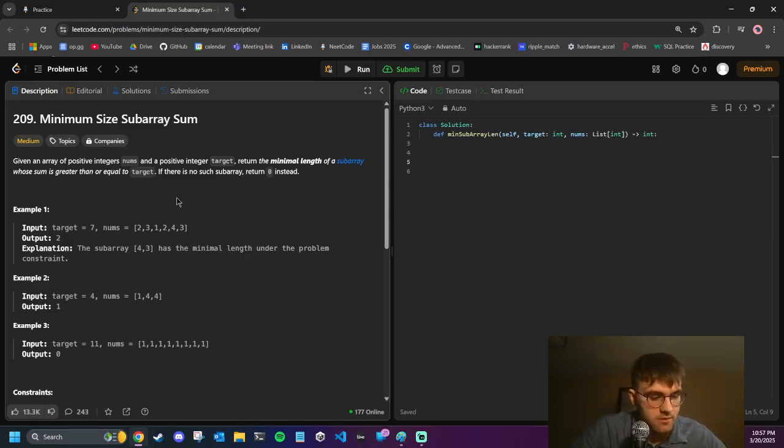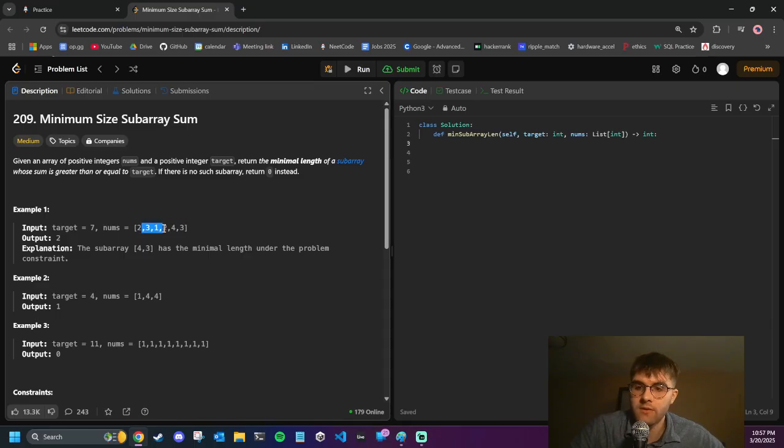I guess a trivial solution to this would be, okay, we return the minimum length. Okay, so a trivial solution that I can think of is we would loop over